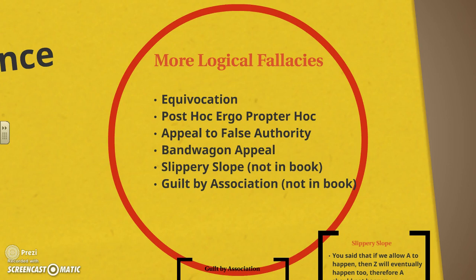The next one we have is appeal to false authority. This is the idea that someone is speaking on a topic that they have no expertise to speak in. I always like to use the Kobe Bryant example here. Several years ago he was hired by Turkish Airlines to be their spokesperson and speak out and say, hey, how great they are. But he's a basketball star. He's not a pilot. He's not a stewardess. He doesn't travel to foreign countries all of the time.